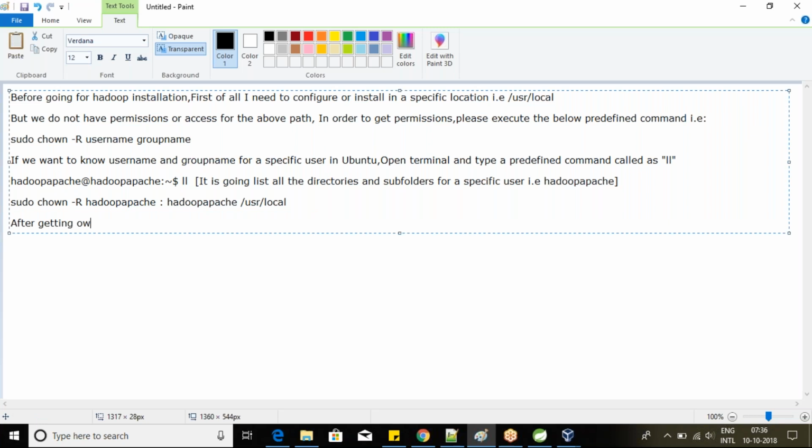After getting ownership for a specific folder, now after executing the above command, definitely we're able to create a new folder, right? What folder name do you want? Now for a specific folder, in the Linux operating system point of view,